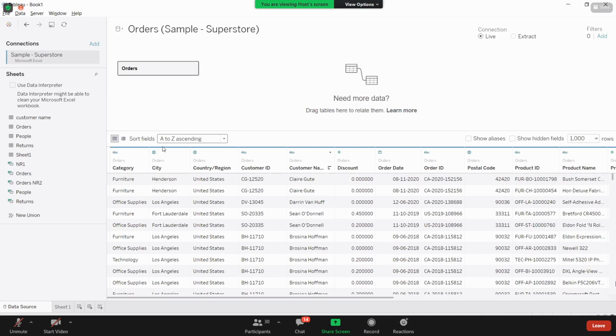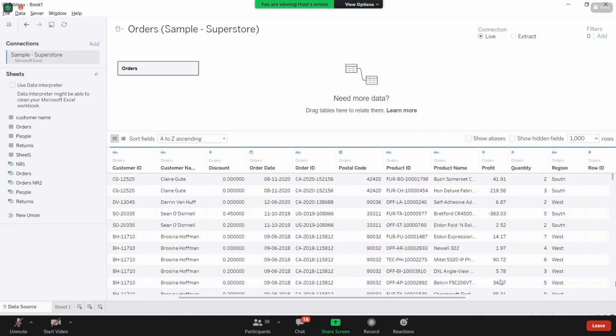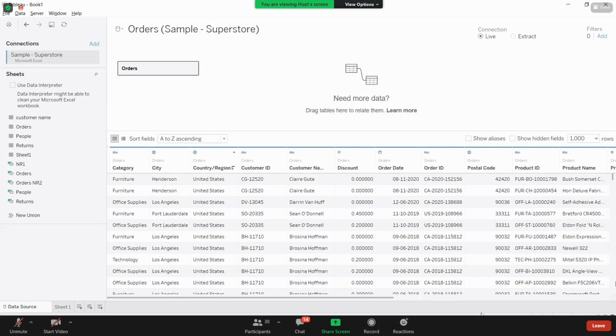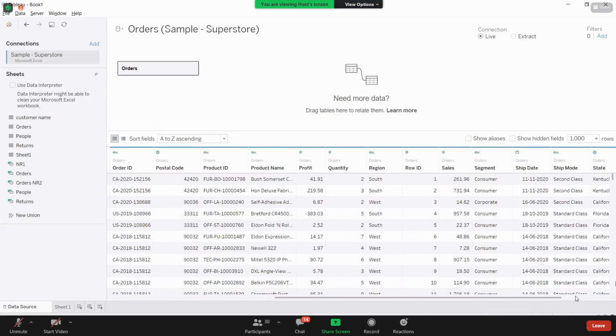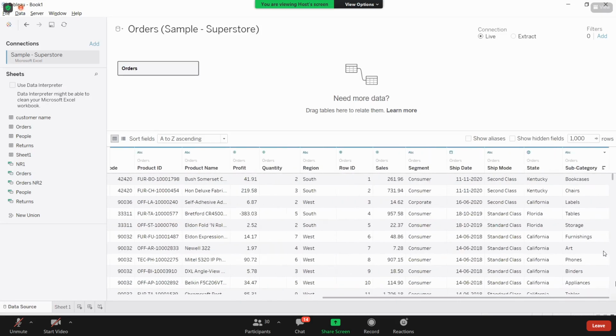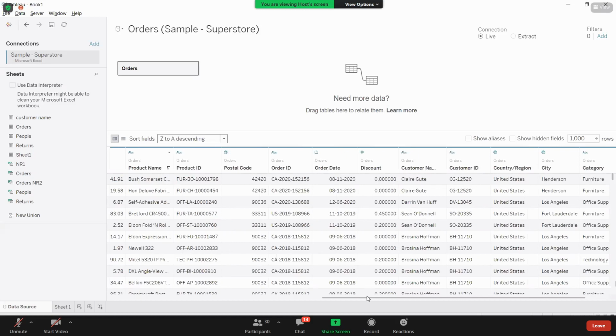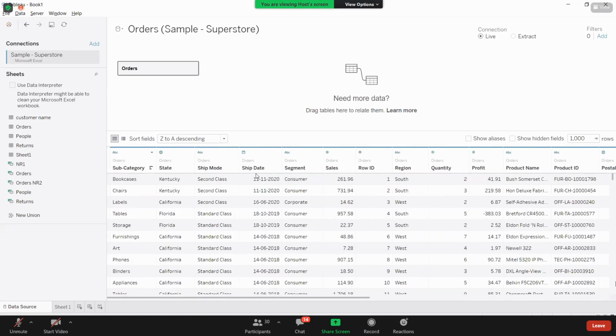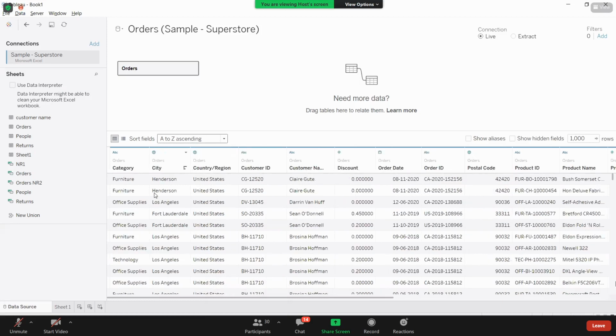As I have taken A to Z ascending, all the columns are sorted. See, C is coming first, whereas sales and subcategory went to the last of this space. And if I take Z to A, those will come first. Only the column names are sorted here. Now about aliasing, we will see in the scenarios. But first of all, let us see the first scenario. A to Z ascending I'm taking.